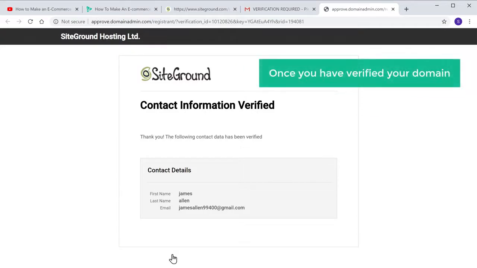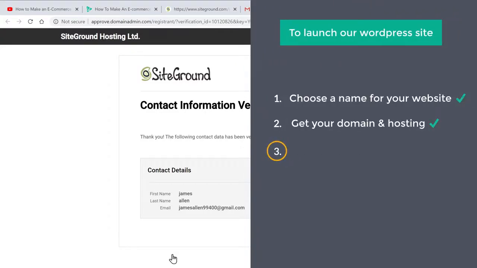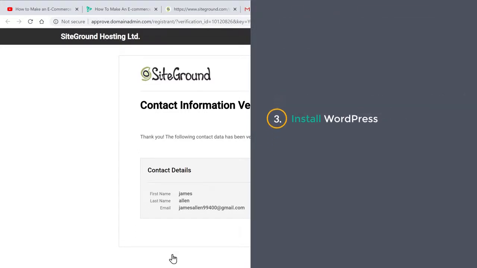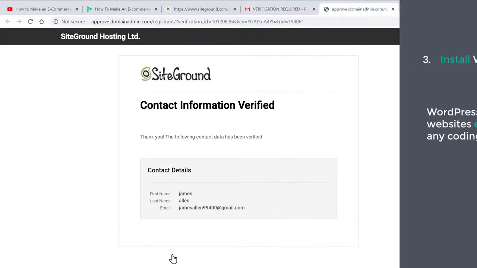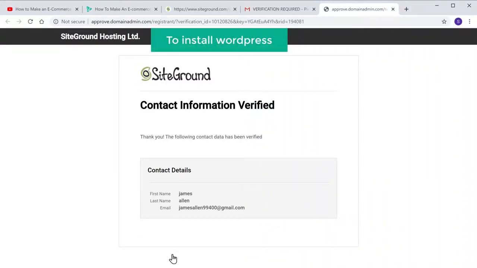So once you have verified your domain, you can now go to the final step of launching your website, which is to install WordPress. Now WordPress is the tool we are going to use to build our e-commerce website. WordPress lets you build websites easily without any coding or programming. So to install WordPress, let's go to SiteGround